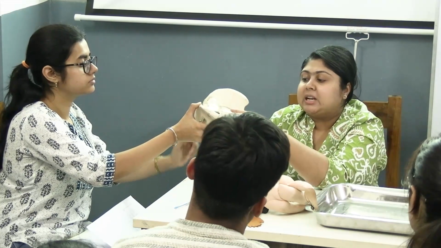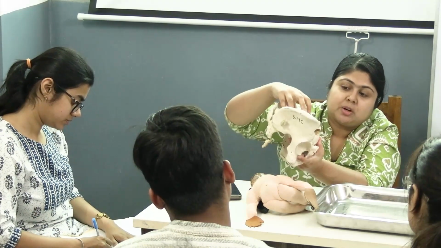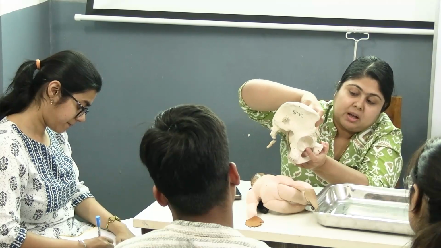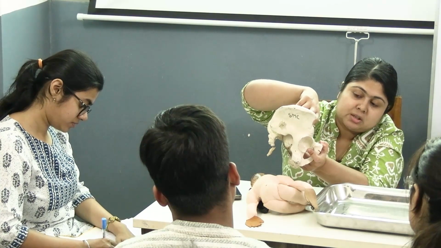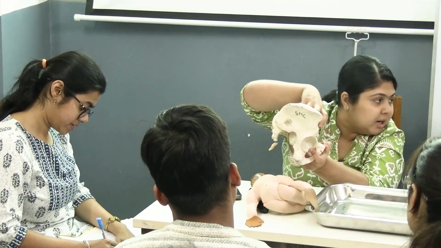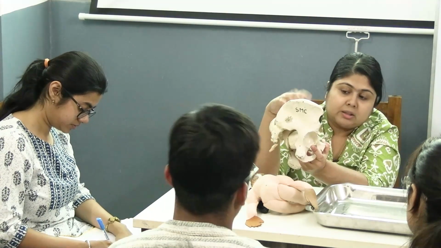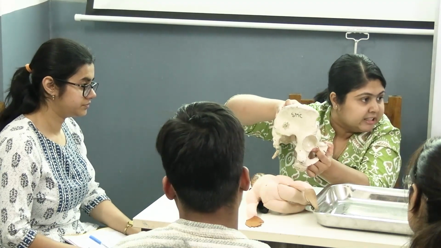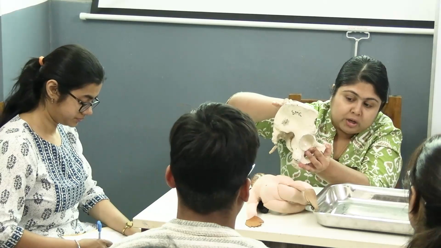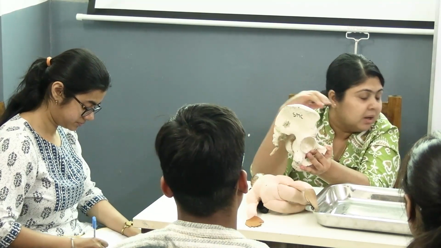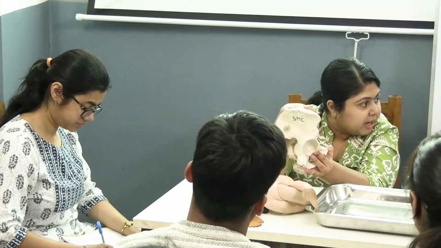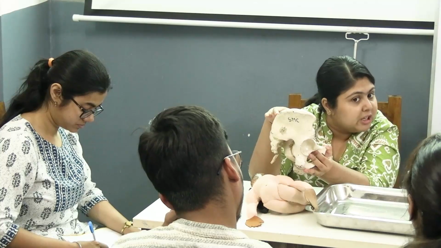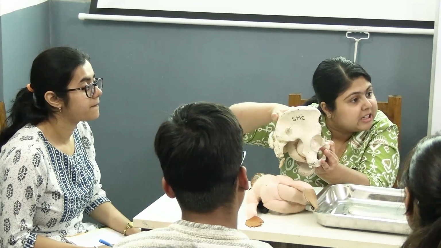Now, why are we so concerned about asynclitism? In a synclitic engagement, the sagittal suture is in the transverse diameter of the pelvis and the biparietal diameter, which is 9.5 centimeters, enters the pelvis. But when there is asynclitism and the head is slightly tilted, instead of the biparietal diameter, the subparietal diameter is engaging. That is the shortest transverse diameter, 8.5 centimeters. So that helps the head to engage in a better way.